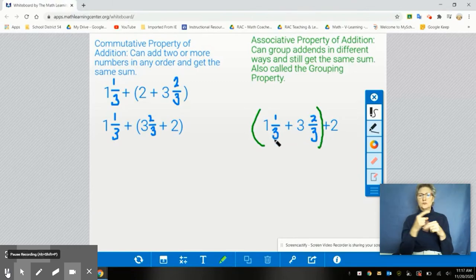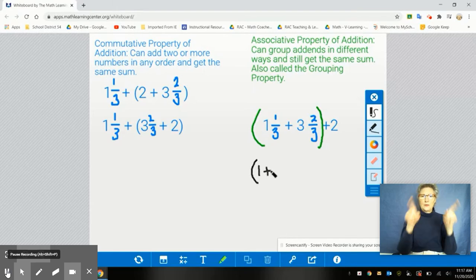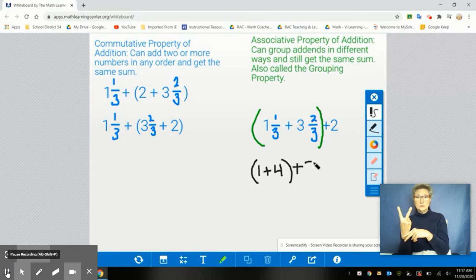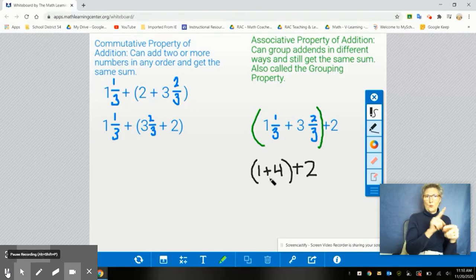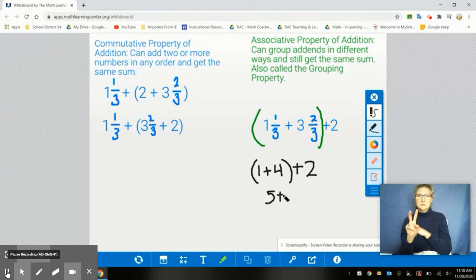Okay, got your math brain ready? Awesome. 1/3 plus 2/3 is 1 or a whole. Good thinking. Okay, let's write that. All right, got our parentheses. Now let's add our whole numbers. 1 plus 3 is, you got it, 4. And then we can't forget about adding our 2. Okay, now according to order of operations, we know we need to add our 1 plus 4 and we get 5. Awesome. And 5 plus 2 will give us a sum of